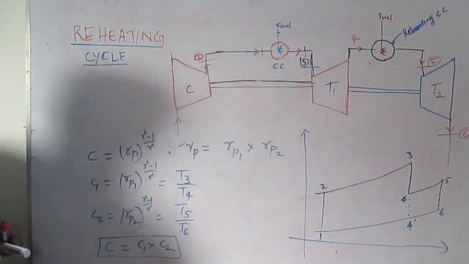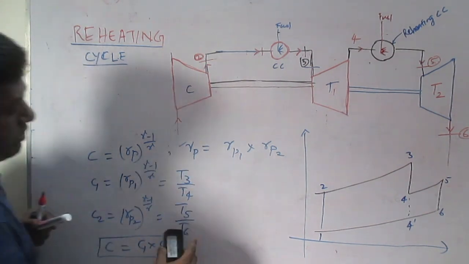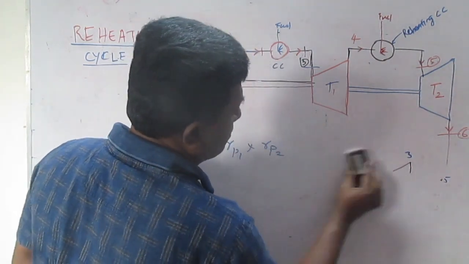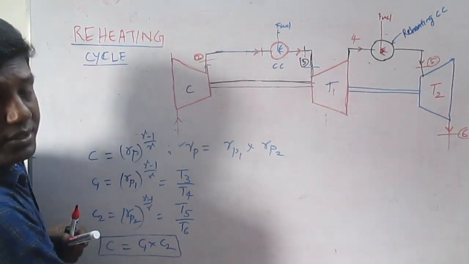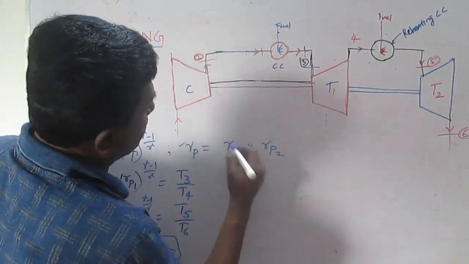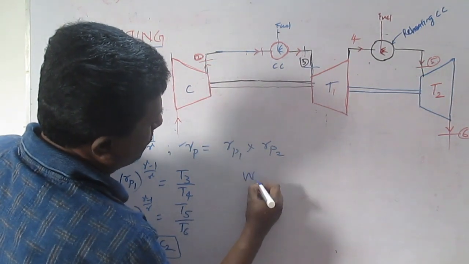So the efficiency, how it works, we'll see. Based on this formula, how is it going to work? Now, let me just draw this. Our specific work output, that means the formula. First of all, we have to write the compressor work equal